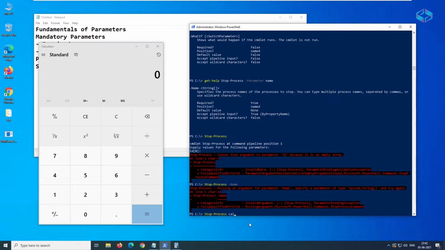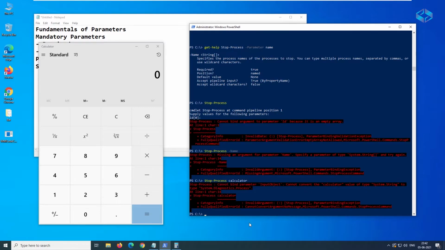Now let's say calculator. It cannot identify what calculator is here, because we have not mentioned anything. That means this is a required parameter, and it should be a named one. That means you need to pass the name along with the parameter.